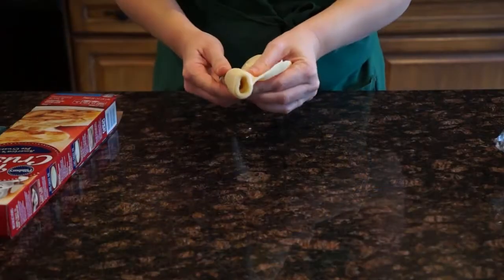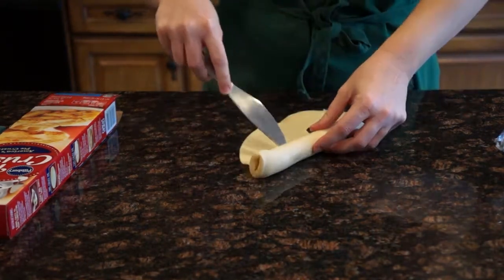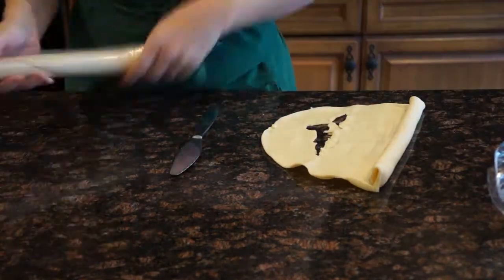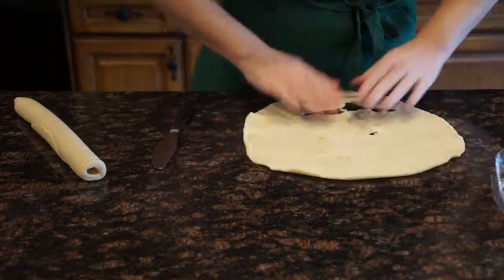Now I'm going to work on the dough, and I'm just using a store-bought pie crust or pie dough for this, and it can sometimes be a little bit of a pain to unroll it if it's not exactly the right temperature. It doesn't have to be perfect, just get it unrolled the best that you can and get it